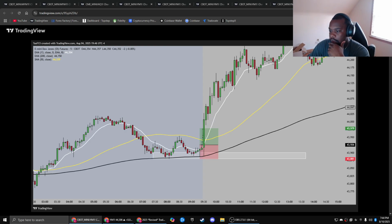Second trade of the same day is around the open on US 30. The first trade was on the Nasdaq. This is a US 30. So this is a 5 minute demand that I like. It didn't have a major break of structure, but it broke this high here on the 5 minute, and the 200 was below. So when I see an EMA in my zone, especially the 200,